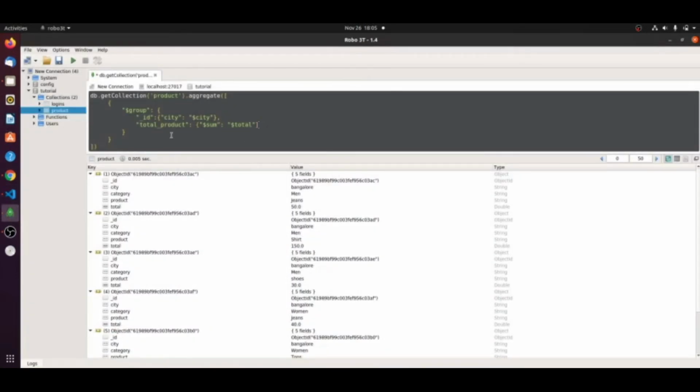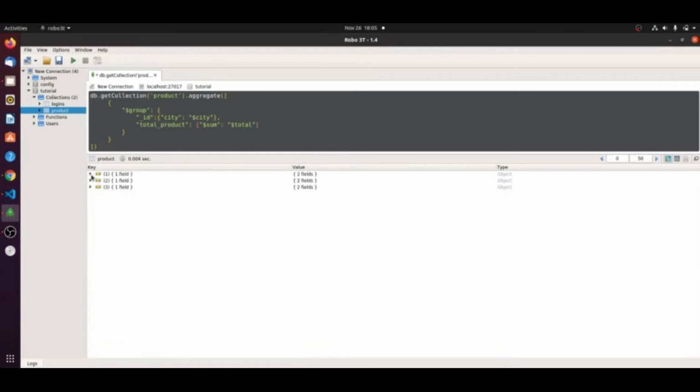So here what we are going to perform is check, as per the city, how many total products are available. There are 3 cities I have taken. If you see, for Delhi 862 products are available, total number of products. For Bangalore total 448 products are available. For Kolkata there are 1388 products available.